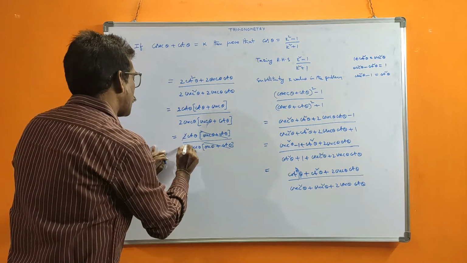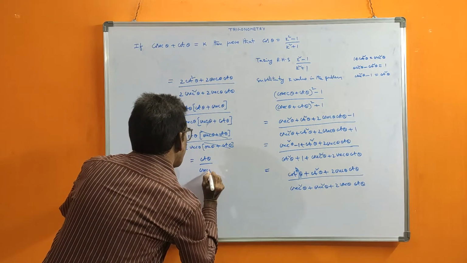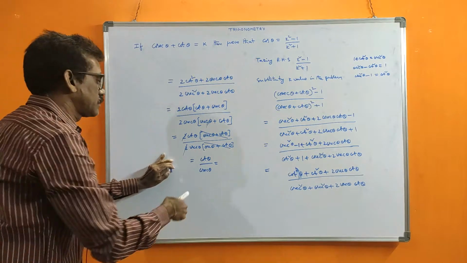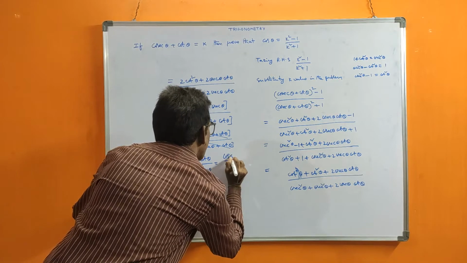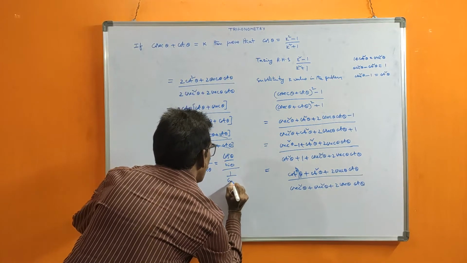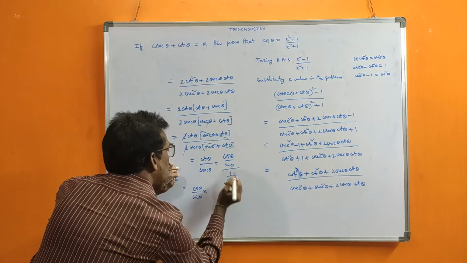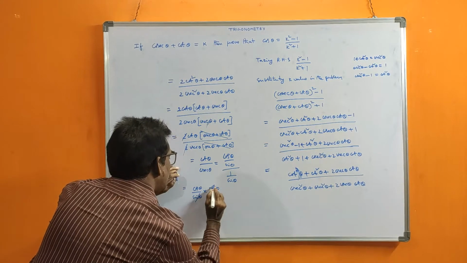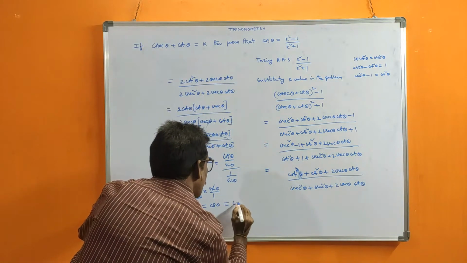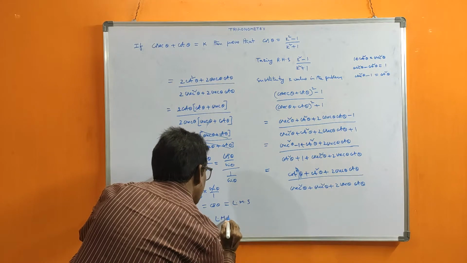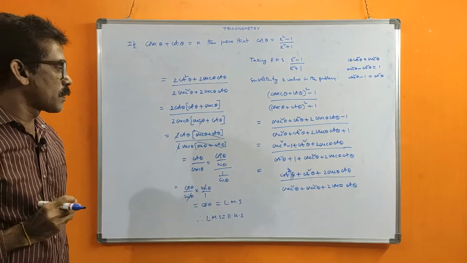Now the multiplication 2 also we can cut, what is left is cot theta by cosecant theta. We can expand these formulas: cot theta we know is cos theta by sin theta, by cosecant, which is reciprocal 1 by sin, so cos theta by sin theta into sin theta by 1, sin theta cancels, cos theta, that is LHS. So therefore LHS is equal to RHS, hence proved. This is the first method.